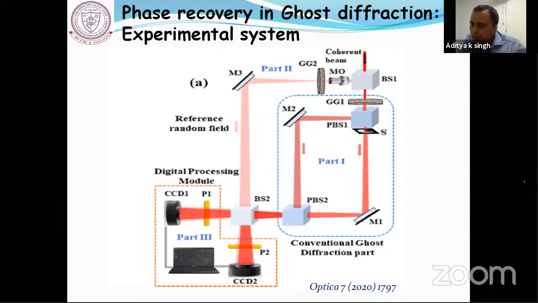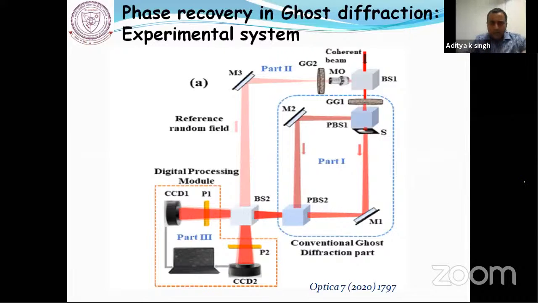And since we are doing our experiment on the intensity correlation, we are not doing, like I mentioned earlier, the Stokes correlation. So our measurement is on the intensity basis. Then there is another beam, separated by beam splitter BS1, which goes towards the reference, which I represented as part 2. It will generate a reference coherence function because I have used the MO, and that light will further propagate towards the beam splitter BS2 and go to the cameras CCD1 and CCD2.